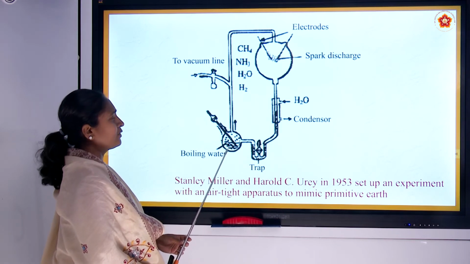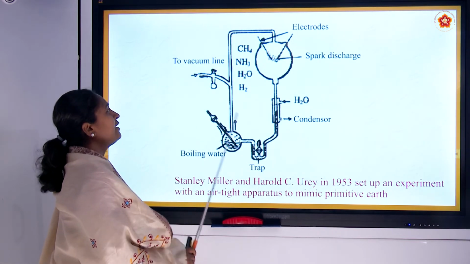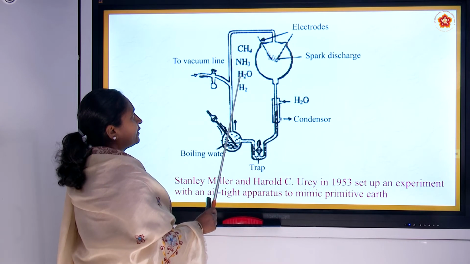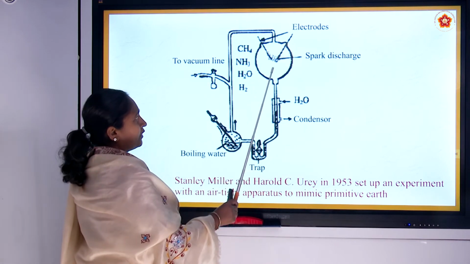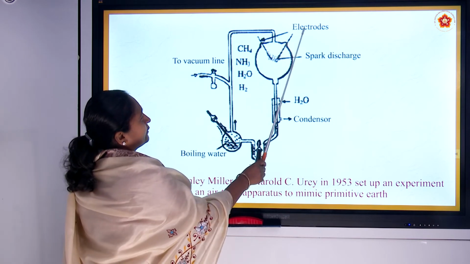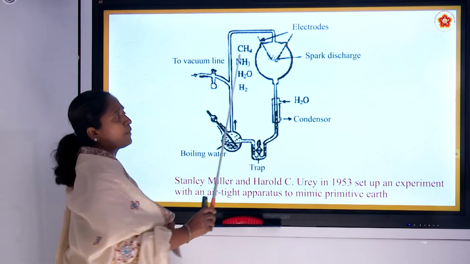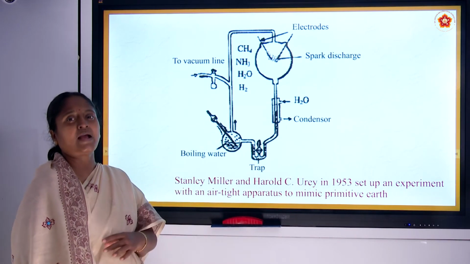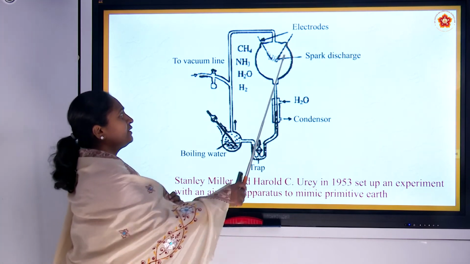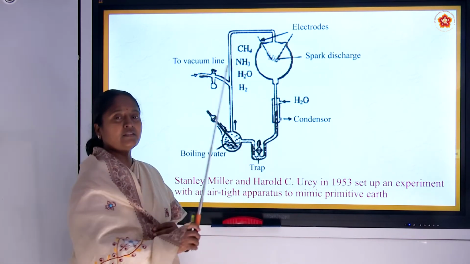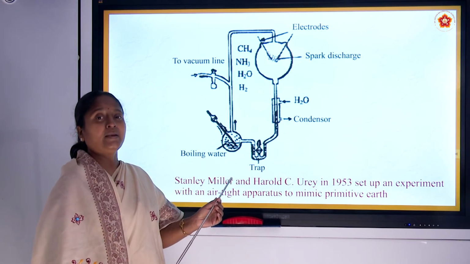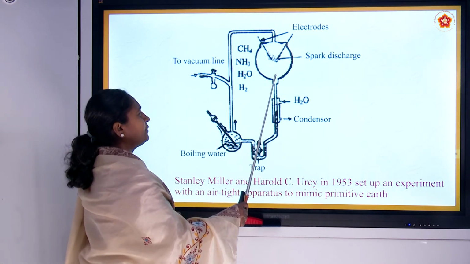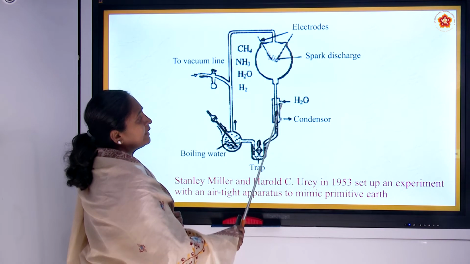When the water boils, it will produce vapor, right? Along with this vapor, they mixed methane, ammonia, and hydrogen in the presence of water vapor. They kept it with electrodes. These electrodes produced so many sparks and discharges to mimic the early thunderstorms and also the lightning which happened in the primitive earth. So this environment is totally like the primitive earth condition, what we have learnt happened to the earth 5 million years ago. So in this, whatever chemicals have formed were cooling down in the condenser.